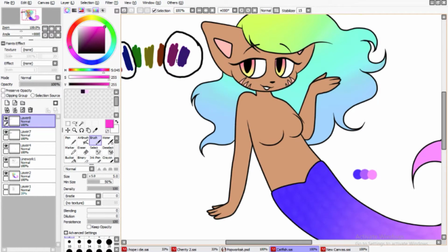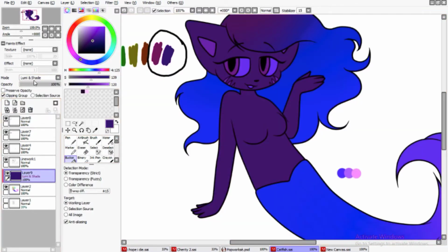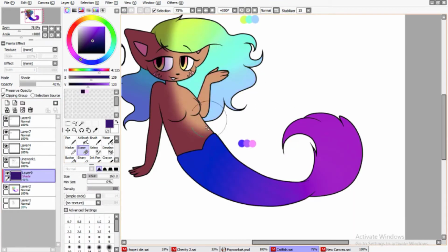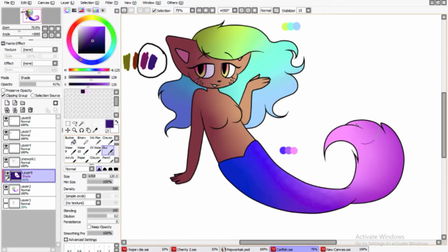But so far I'm going to show you why pink and purple are probably best for this image. As you can tell, there are both cool and warm colors, such as in the skin and the eyes, but then there are cool colors in the hair and the tail. And purple and pink are in between, both cool and warm. So pink is probably better since it's most in between cool and warm, but purple actually gives a nice